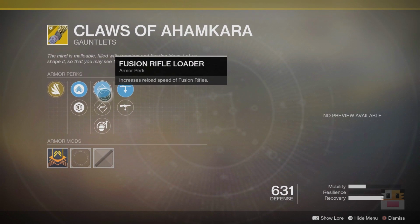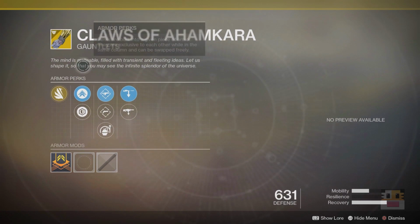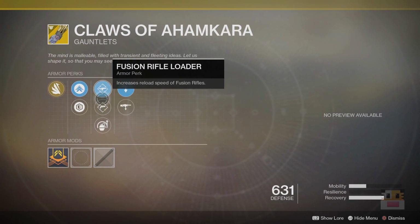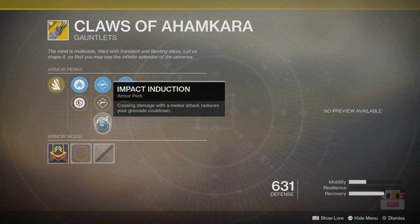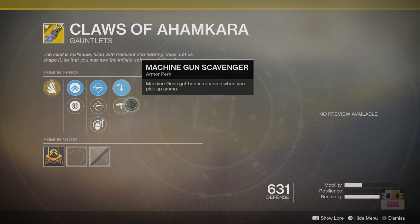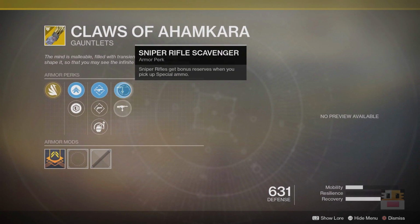But outside of that, the roll, of course, on the arms are always really good. Hand cannon reloader, having a fusion rifle reloader, really good for PvP stuff. And then finally, impact induction, causing damage with melee attack, reduces your grenade cooldown. Good synergy with this perk here. And lastly, sniper and machine gun scavenger are also very good in this last column. As always,